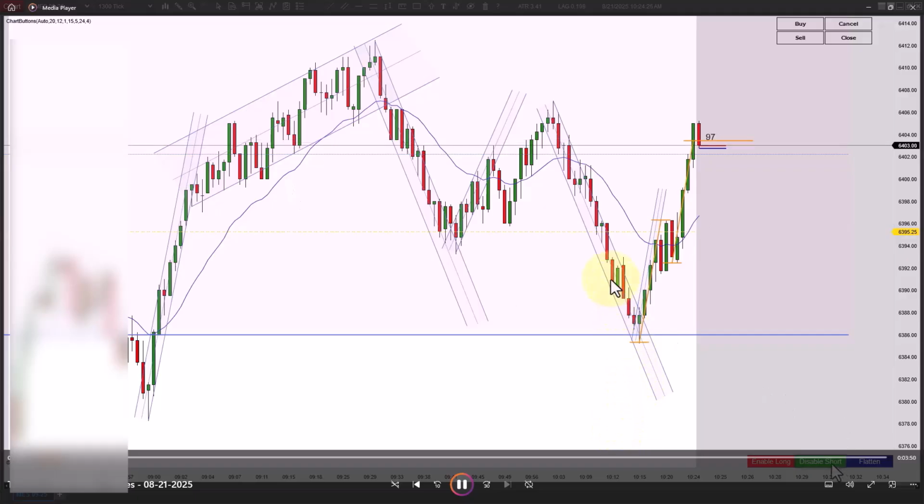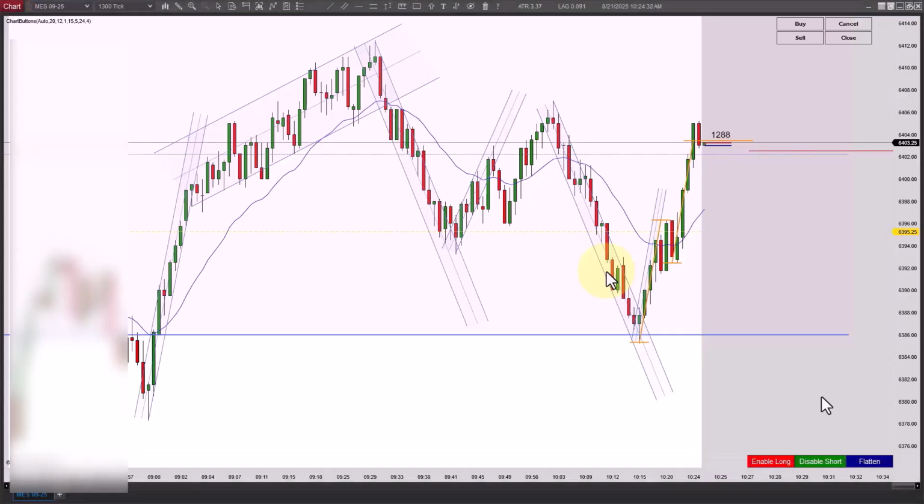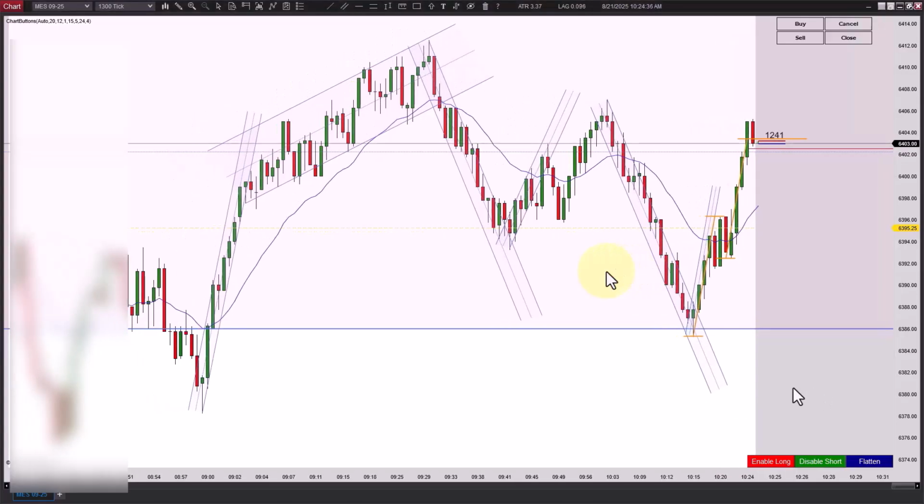But you can see here I've already entered the short there. It hasn't placed it yet because the bar's not done. Now, there it was. You saw the red line drop in there. That's where the order's at. And as soon as it triggers, you'll see it. There, order submitted. So